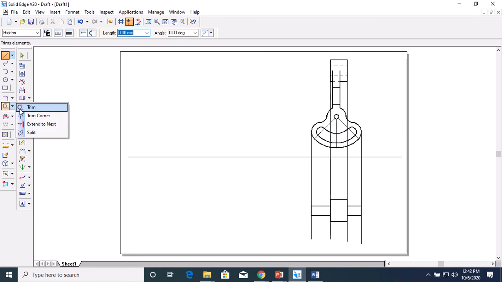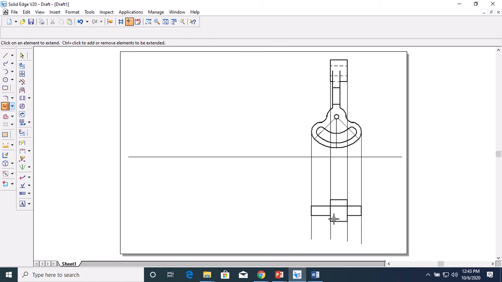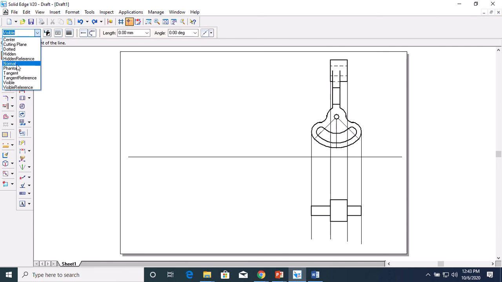Hidden line, use extend to next command, draw by using hidden line only.